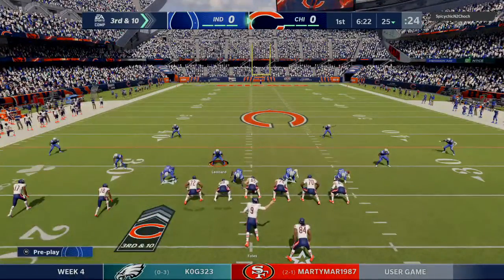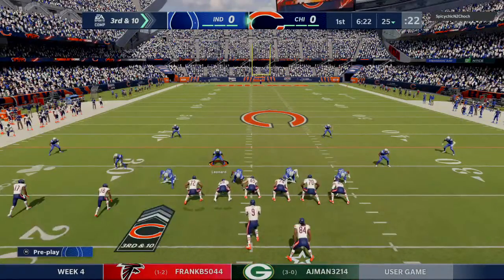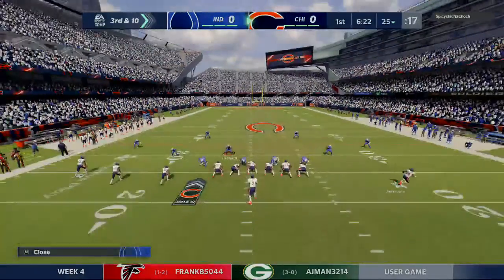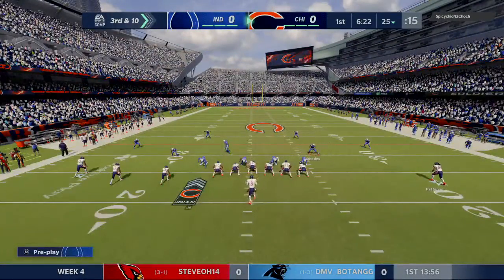Check 53's mine. Check 53's mine. Keep it up, defense. Keep it up, guys. Mike, 53. 53, Mike. Got him. Watch the